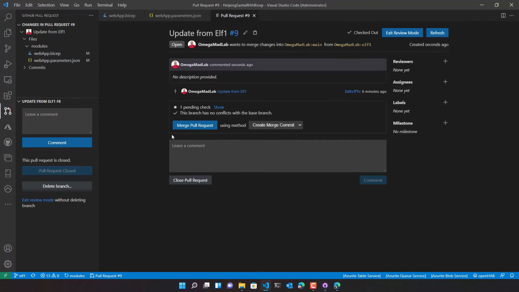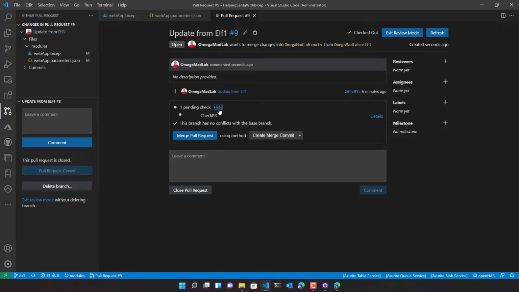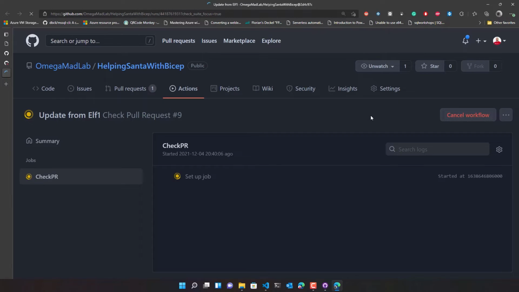And this triggered the execution of an additional GitHub action pipeline to check the content of the pull request. Let's have a look at it.